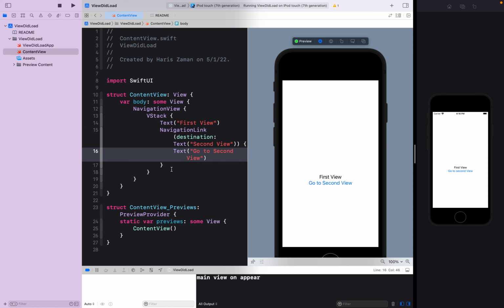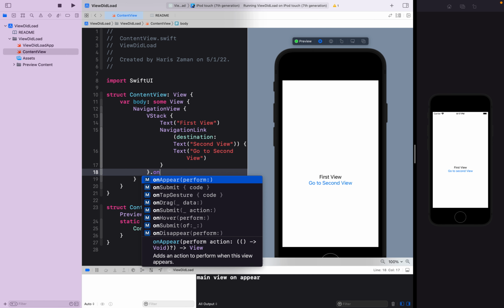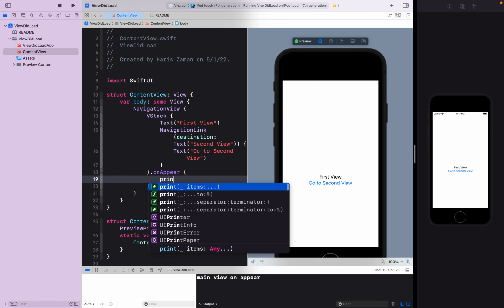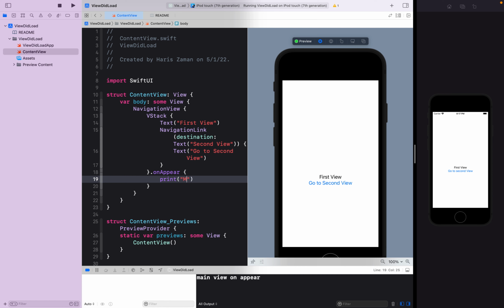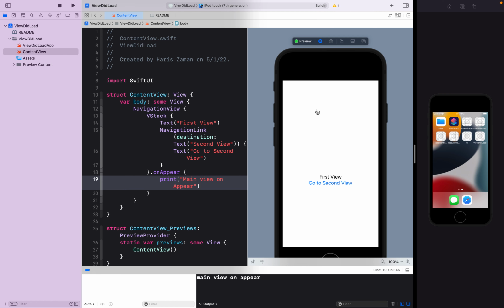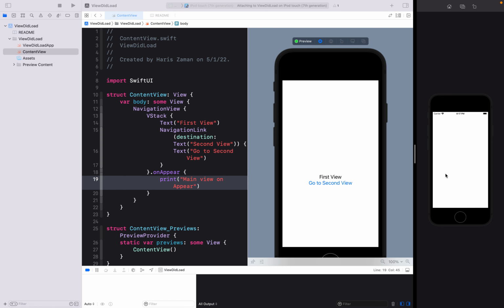So here actually, if I have onAppear on the VStack, I can add a print statement here, main view on appear. So if I run this app in the simulator, as you can see, it says main view on appear,